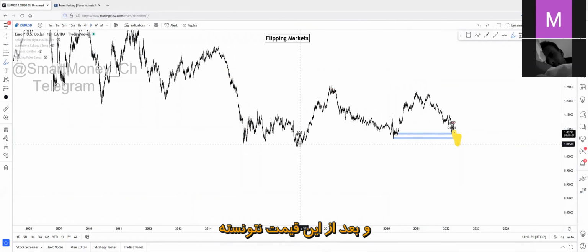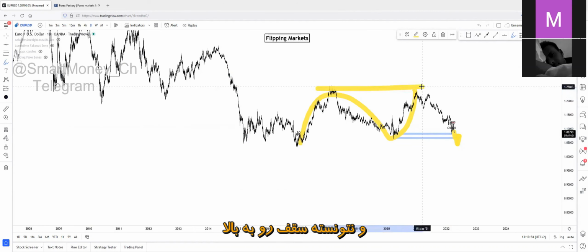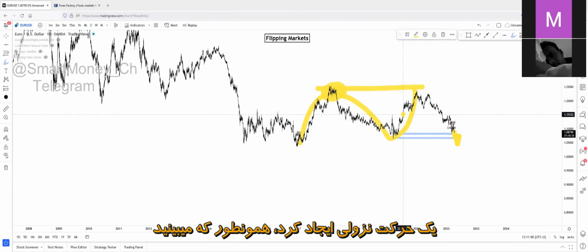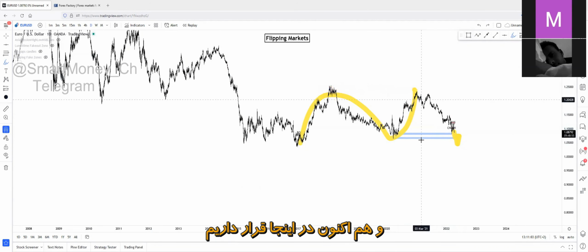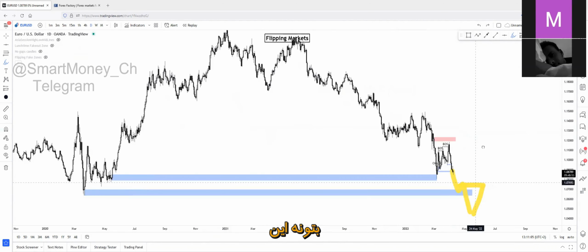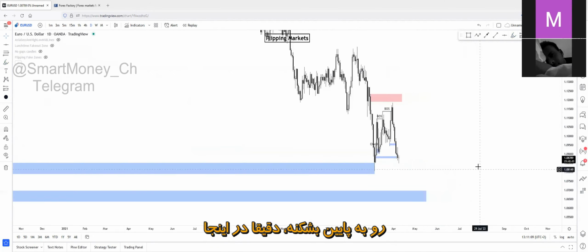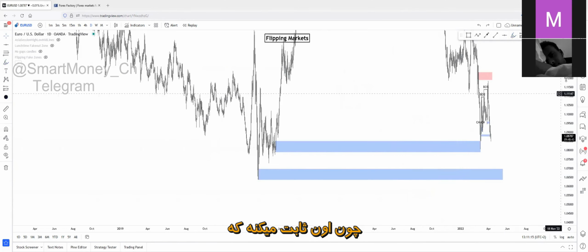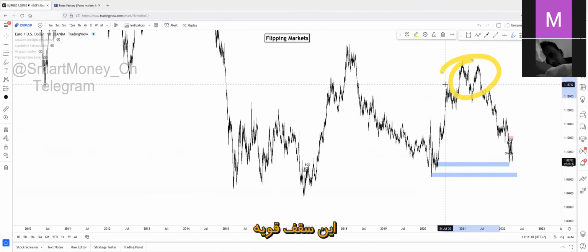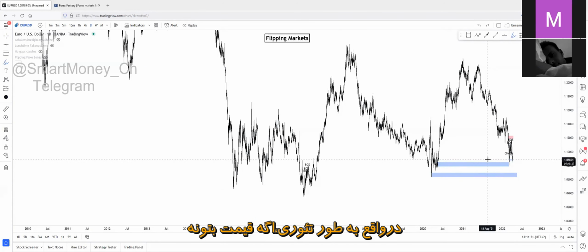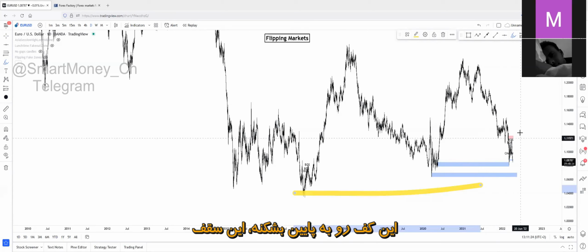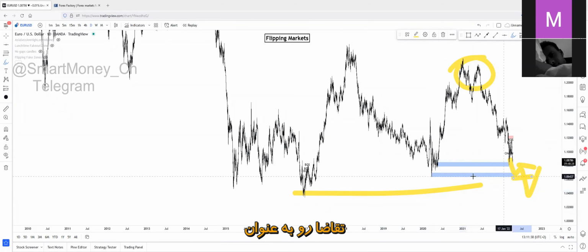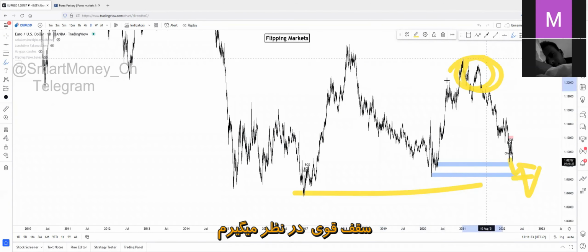And after this, price couldn't break below the low point, but couldn't break above the high point. After the failed attempt of breaking above the high point, price has created a downside movement here, as you can see, and we are currently right here. So that's why I said if price can break below this bias decider demand zone right here at this region, the overall bearish order flow will be continued to the downside, because that will prove that this high is strong. Actually, in theory, if price can break below this low point, then this high will be strong. But I will consider this break of this demand zone as a strong high creation.